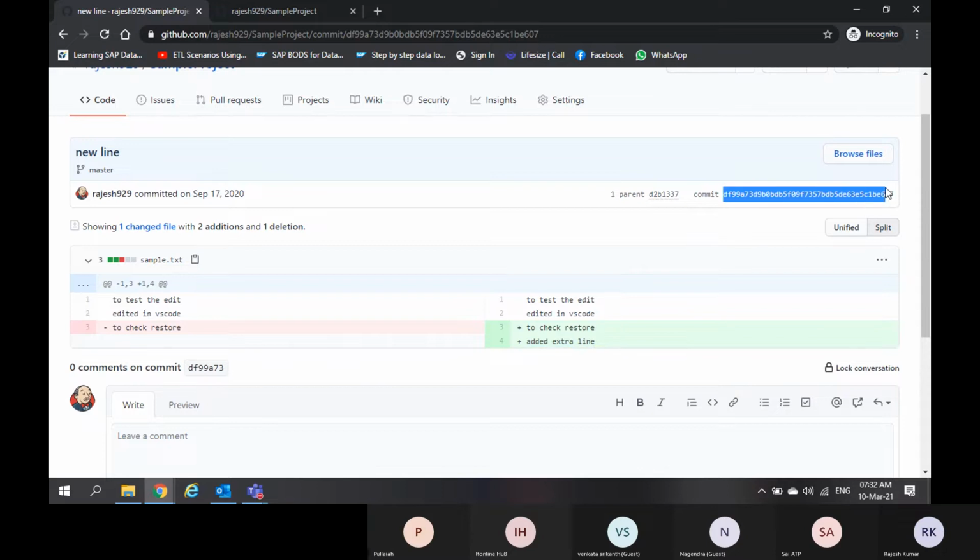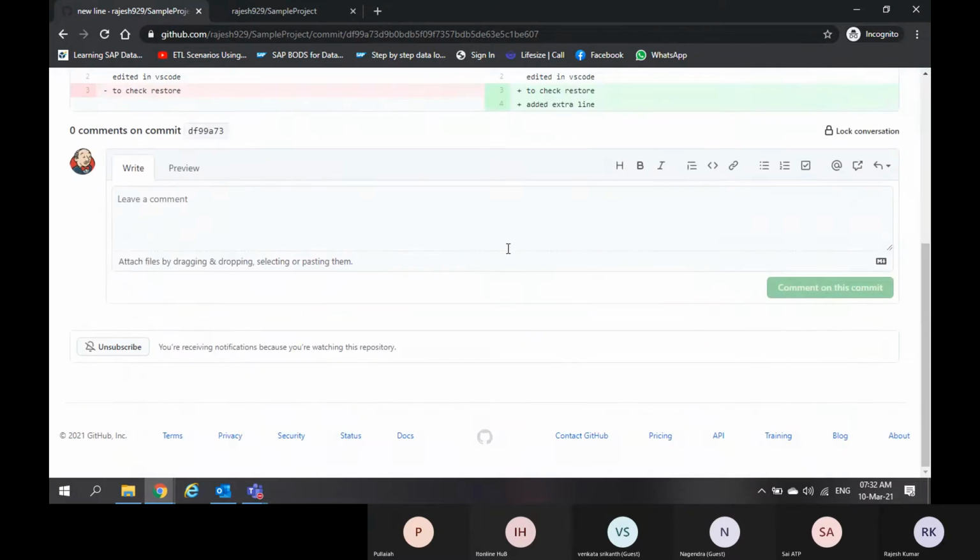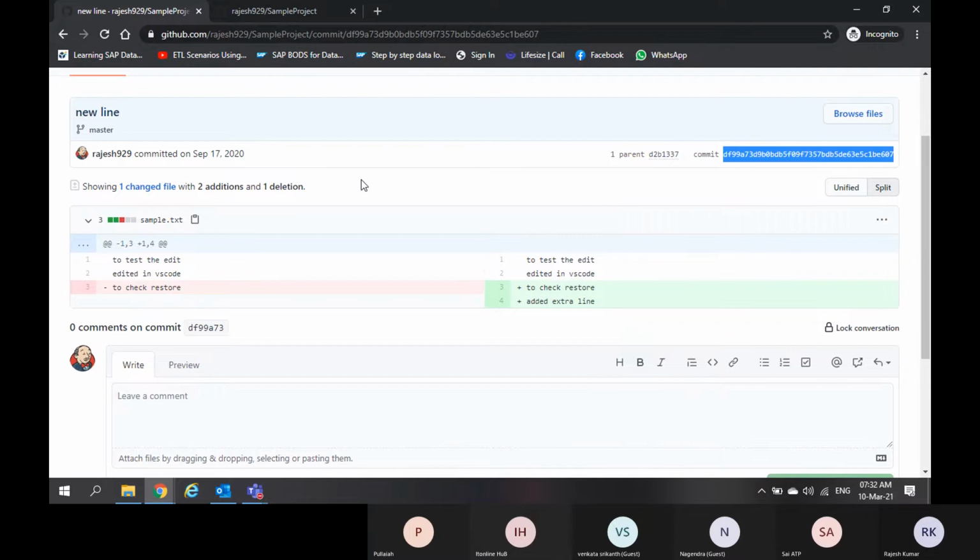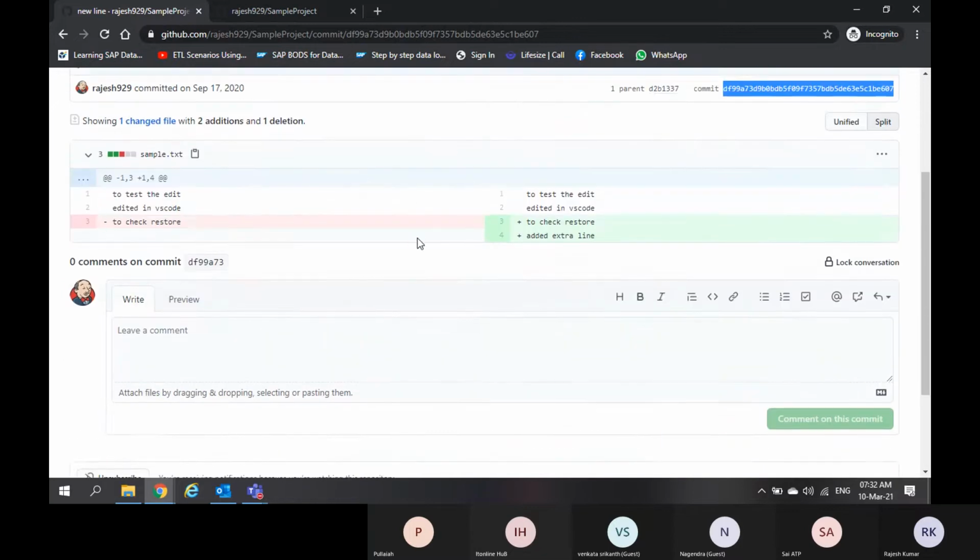So this is the commit ID. The commit ID will be a hexadecimal value. It will consist of 40 characters. If you count this, it will be 40 characters. We will call this the commit ID. For every commit, that means every save operation, commit is nothing but a save operation, you will get a commit ID, and the commit ID will be a 40 character hexadecimal value. So if you want to modify anything within this commit, you can see it and you can update.